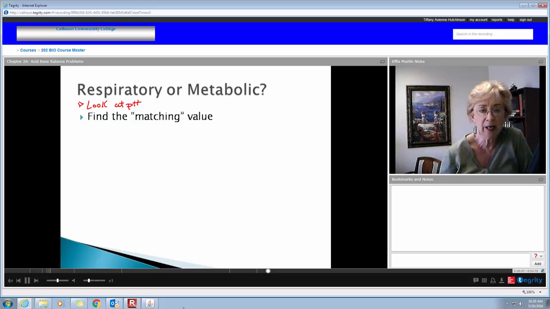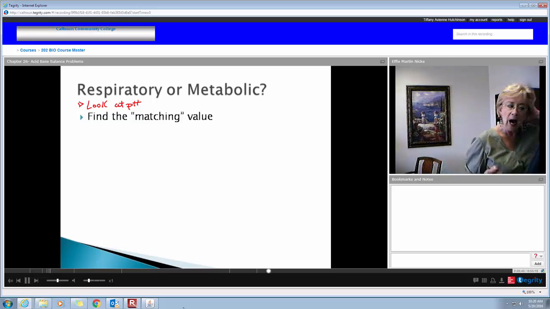Is that in or out? That's out too. So here's what we do. I'll come back to this matching value in a second. When you work these problems, since science is a methodical thing, and this is a step-by-step method, I cannot emphasize enough that what you need to do is have your ranges written down.